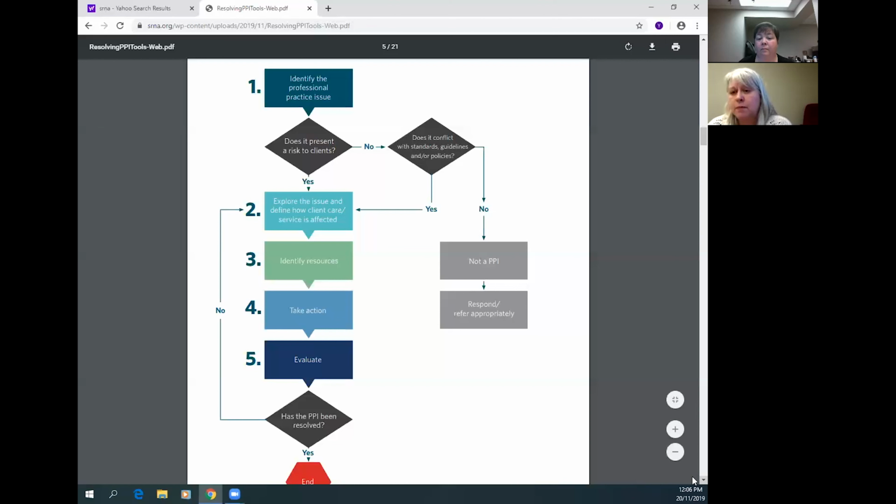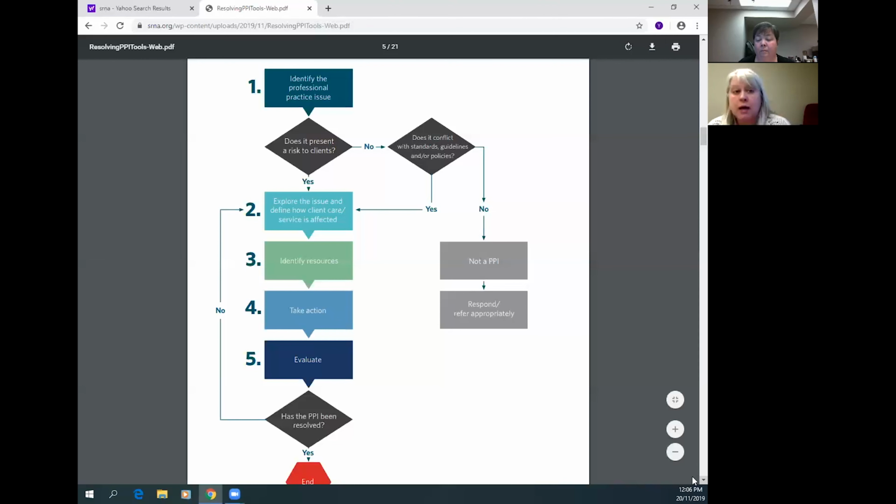And so, as Terry was saying, there are questions within the document and then within the appendix where you can really explore that issue, define how the client care has been impacted, or your ability to adhere to your standards that we require you to uphold is being affected, and then really decide, is it about communication, is it about